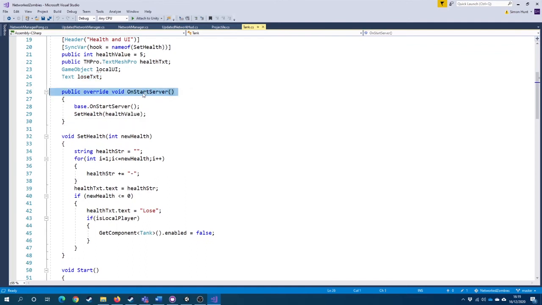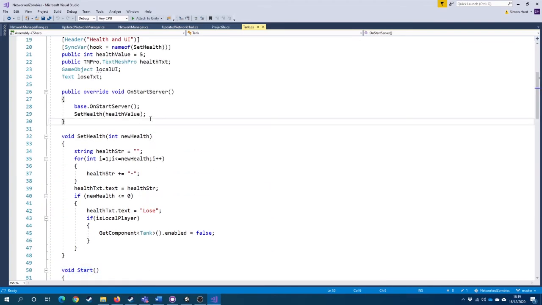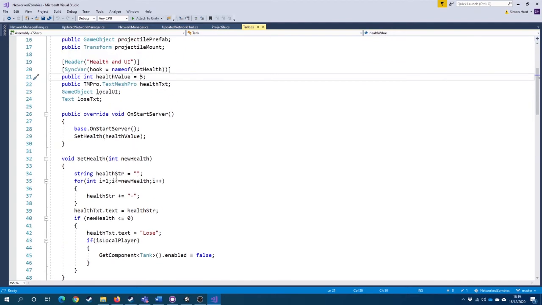So starting with this onStart server. onStart server literally says, similar to how it started when the game is first started, this is when the server is first started. So when that object is first created on the server, set health to be the health value, so in this case 5. And then we call this